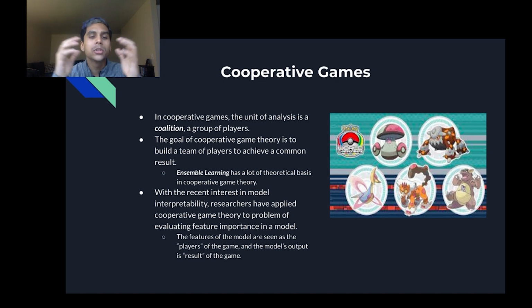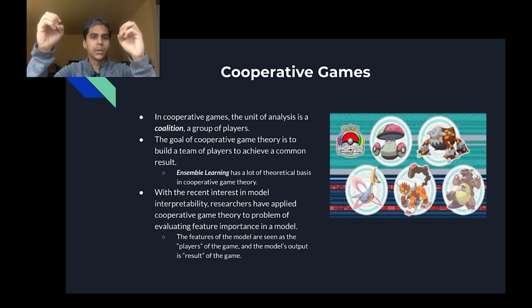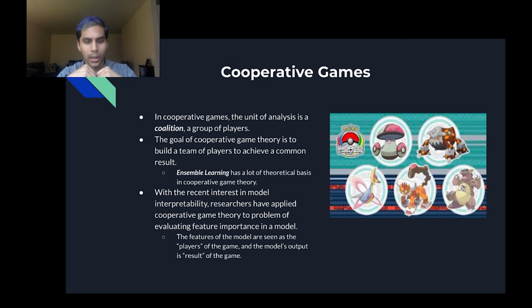And this idea of how we build strong teams and the theory behind it appears a lot in ensemble learning and machine learning. With ensemble learning, you're either boosting or bagging a group of machine learning classifiers, such that you build some combined classifier that's very strong and robust and has higher predictive accuracy than any of the individual components. The idea of boosting comes from cooperative game theory: you want to build a set of models such that, as you build your coalition of models, you're covering the existing weaknesses. So that when you add model 2 to model 1, model 2 covers the weaknesses of model 1.